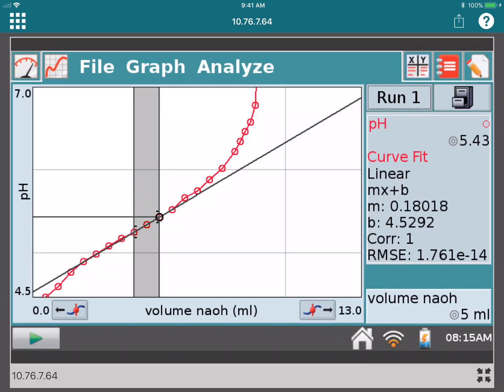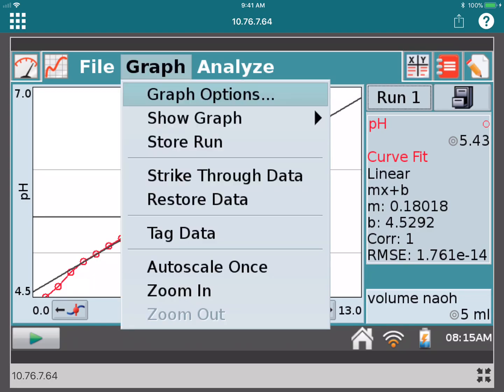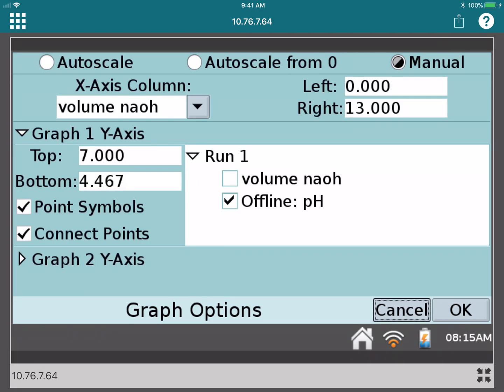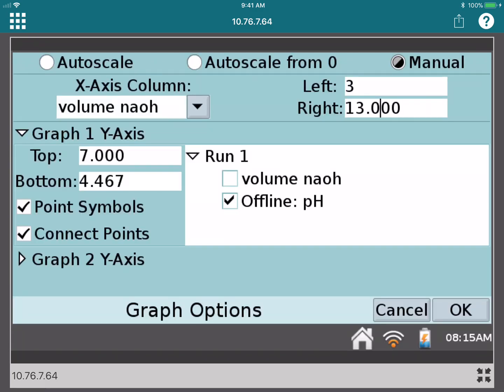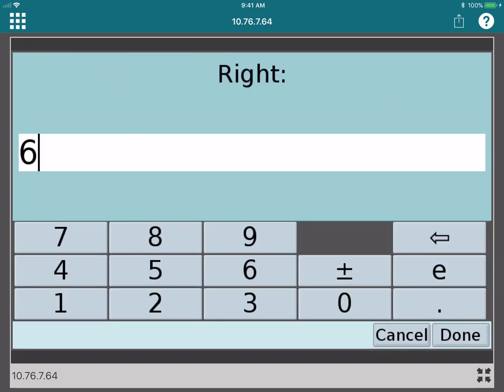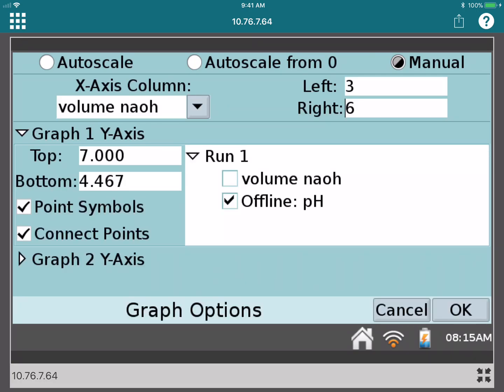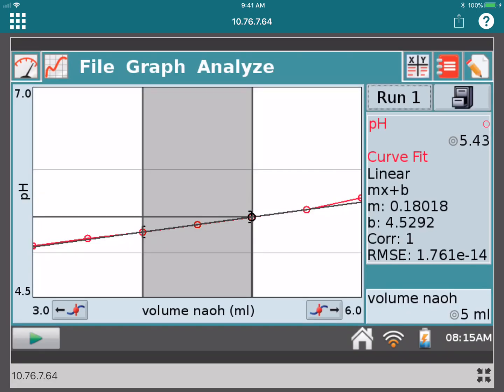And so it's drawing a line there. Now I'm going to make this area on the x-axis a bit smaller so we can interpolate a little easier. So I'm going to go under graph options, and let's make it from 3 to maybe 6, let's say. Hit OK. So now I can interpolate, and now I could really fine tune it. So let's say I thought it was really like 4.51. I could move this like so,